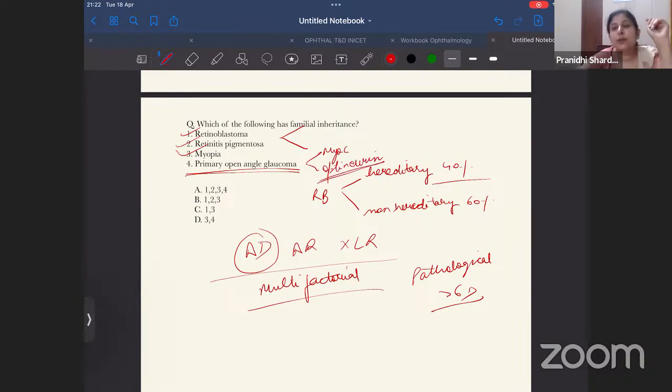These are some of the genes which are associated with the inheritance of primary open angle glaucoma. So it is a very straightforward question. All of these diseases are known to show familial inheritance. So the answer becomes all of these, that is 1, 2, 3 and